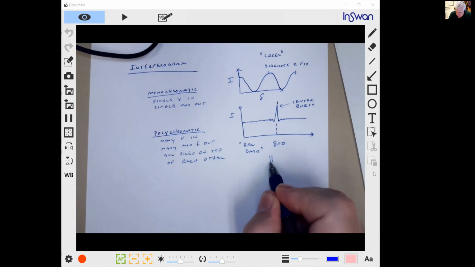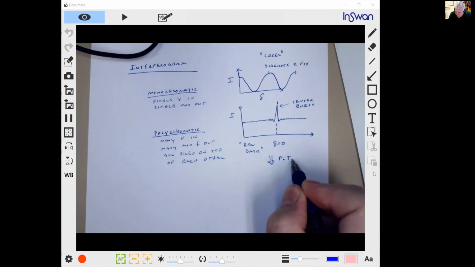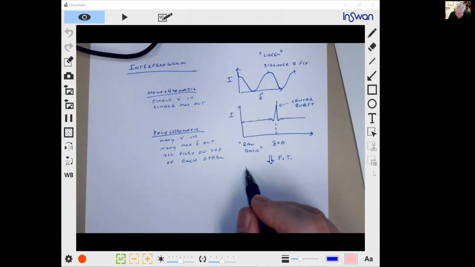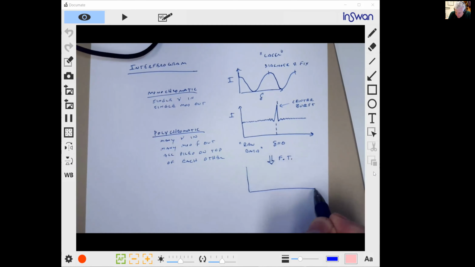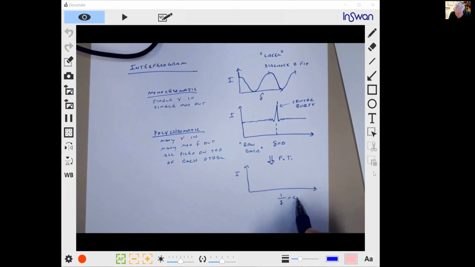And then this is transformed by a Fourier transform. And this gives you a power spectrum. And instead of delta, you get 1 over delta here. And 1 over delta is actually inverse centimeters,